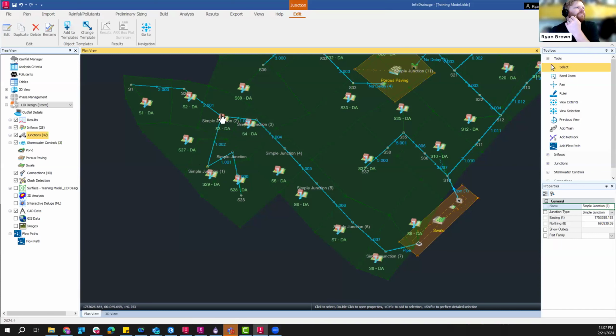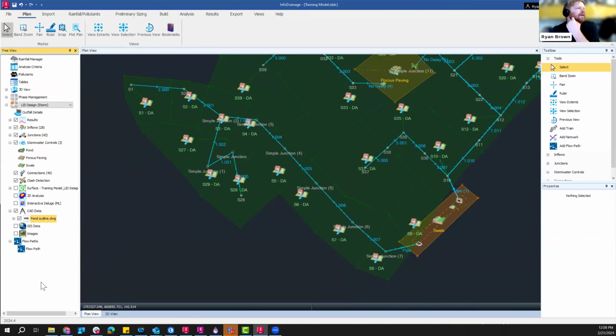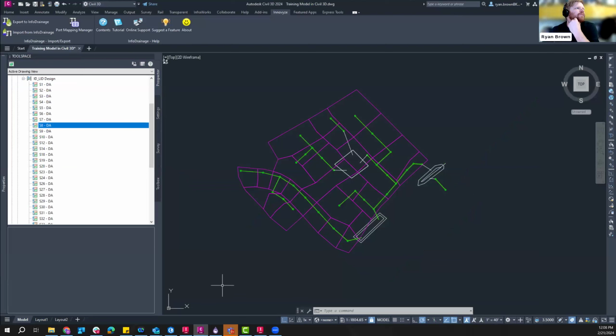If there's a change to the proposal, we can reference CAD data into here as well. So being able to pull that information in, and it is an XREF file that gets brought in. So truly, you can refresh that file, and as design updates come into play, being able to do that. Once I get everything to a point that I like it and I want to push that back into Civil 3D, I just need to save the file and then come back into my Civil 3D